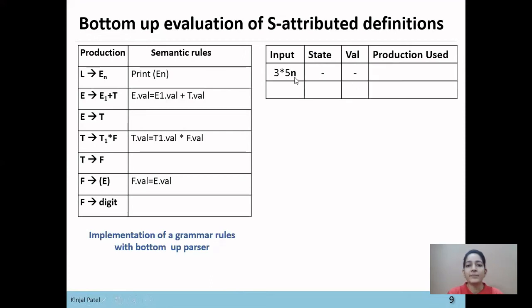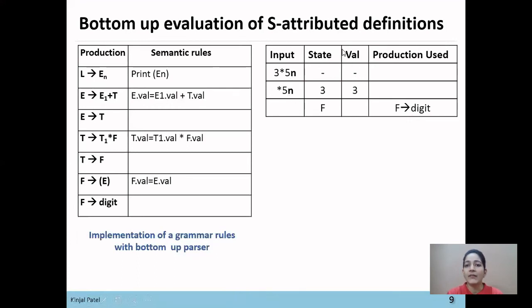So first, this 3 will be passed to the state. Now here in state there is value 3, and this 3 value will be passed in the attribute value 3. Now here 3 denotes digit, so digit will be reduced to F. So using F derives digit, this digit will be replaced by F, and in the input buffer there is the string *5n.